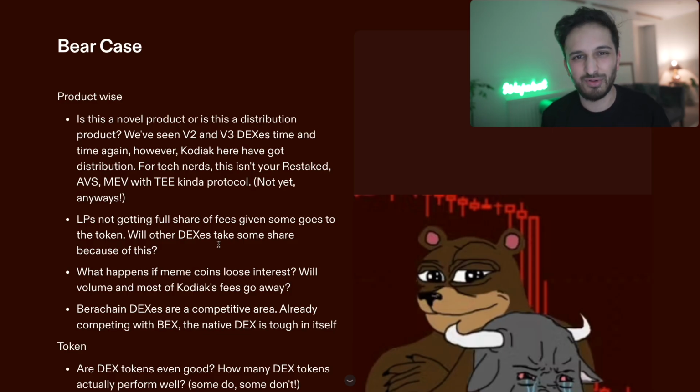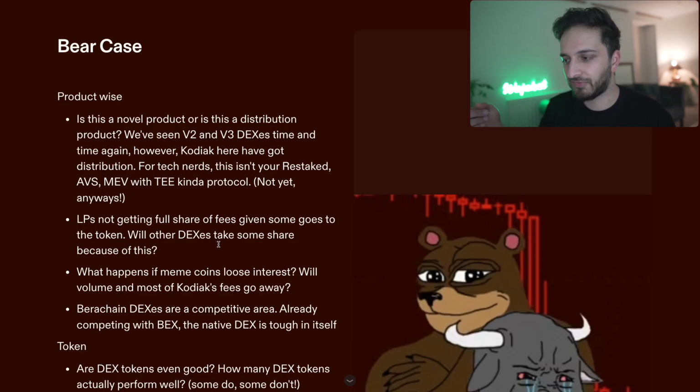One thing that I really would have liked to see is some implementation of V4, like V4 DEXs, I should say, implementing hooks, because you can do all kinds of crazy cool stuff there, whether it's rehypothecation of your liquidity or shape-shifting liquidity. Maybe the vast majority of people don't really care about it. Maybe it's just me because I'm a bit nerdy and I like that sort of stuff. But yeah, I think that's probably just one thing that I would say.